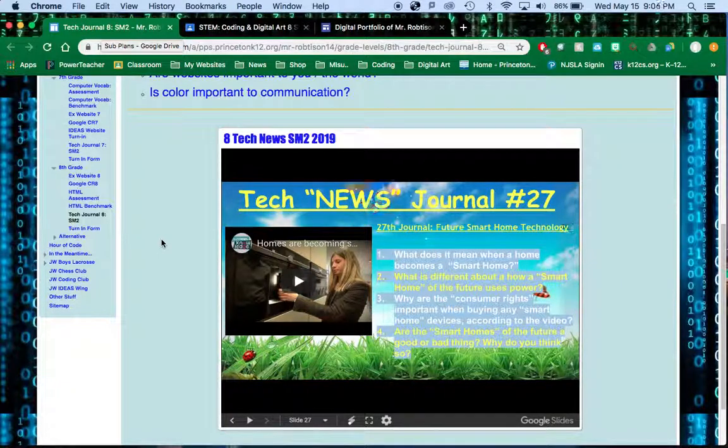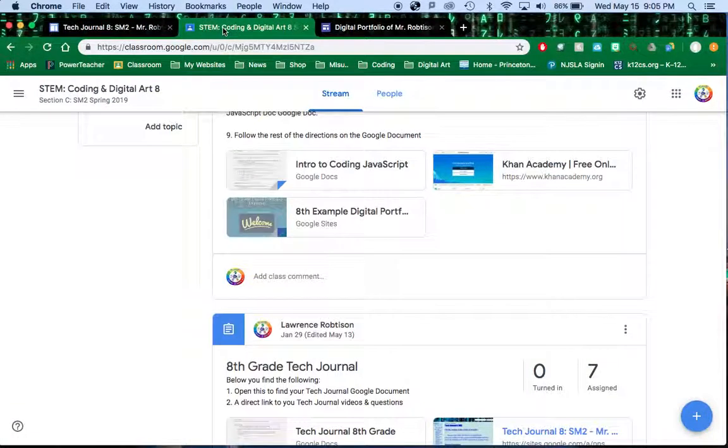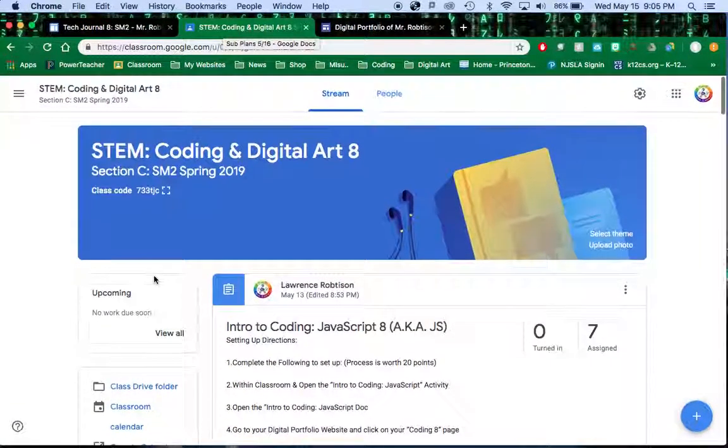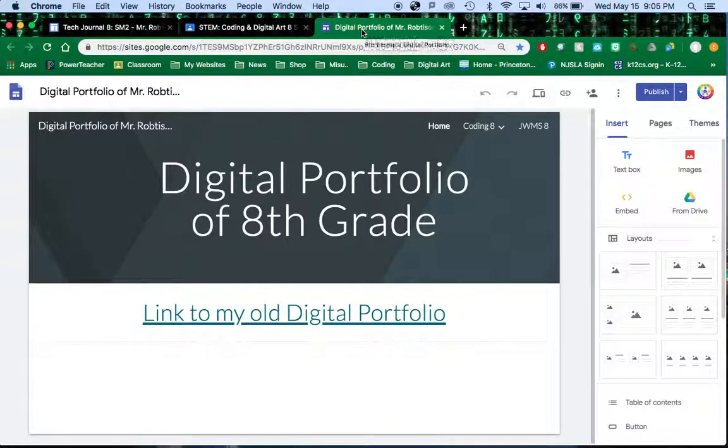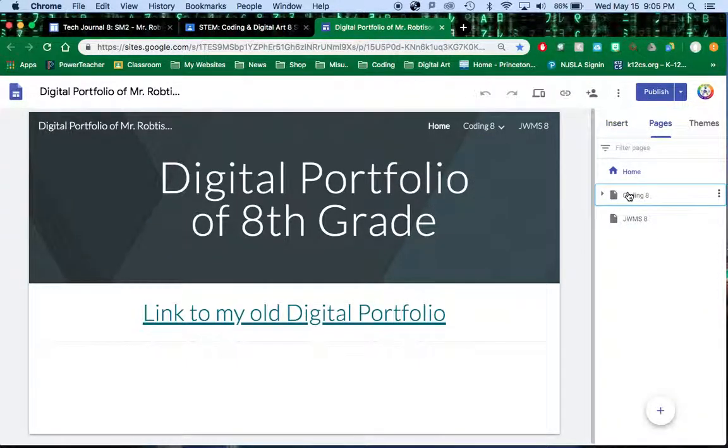Okay, after you complete your Journal 27, go to your Google Classroom. The assignment that you want to set up today is at the top, Intro to Coding JavaScript 8, aka JS. Next you want to open up your website, go to Pages, click on Coding 8,